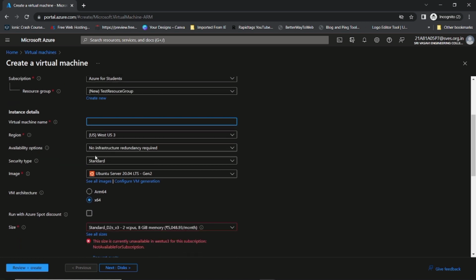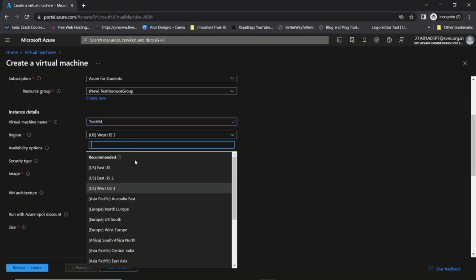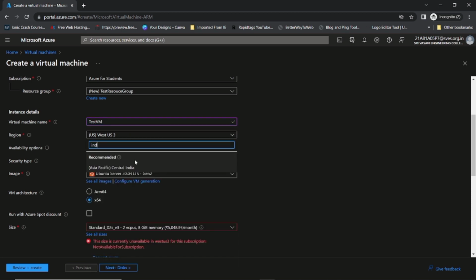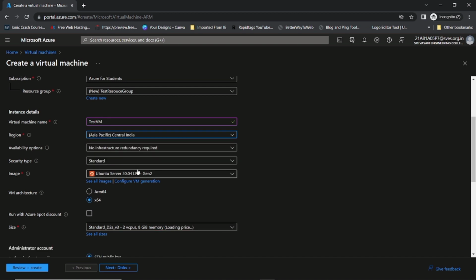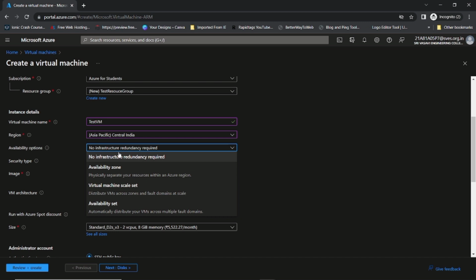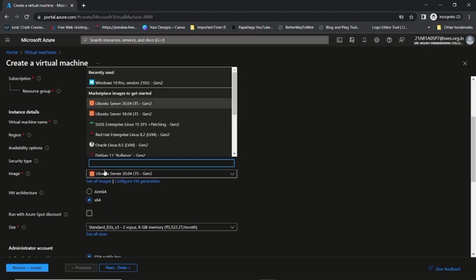So I'm giving the name of the virtual machine, which will be test VM, and the region where you want. So I want it in India, so I'll select Central India. If you want a particular region, you can select that also. And you can select the security type, which is trusted, and availability options, where you can select no infrastructure redundancy, and just here select the